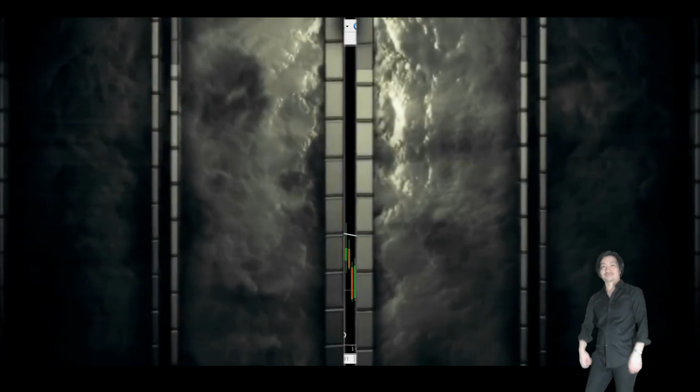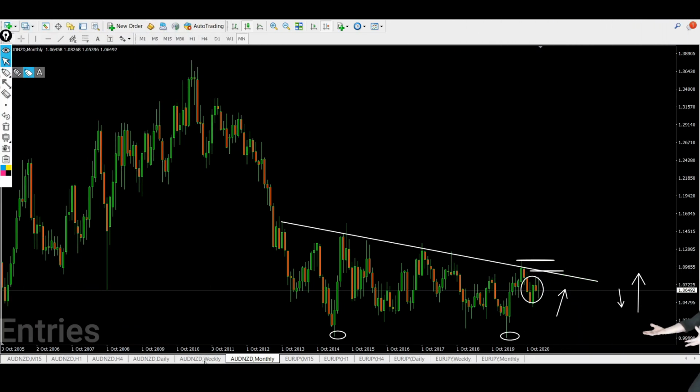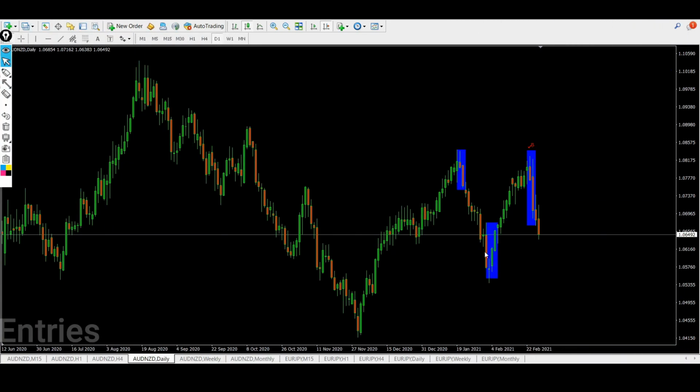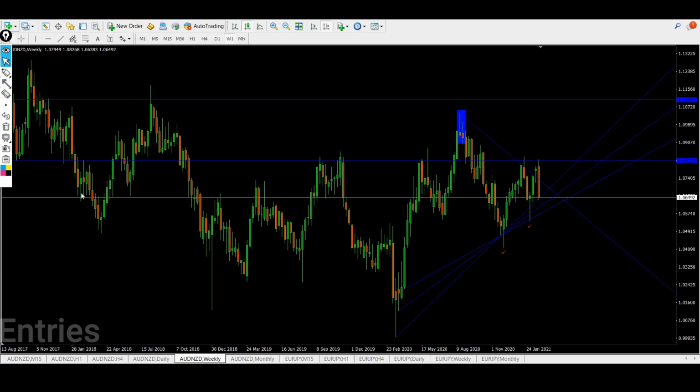Okay, so let's talk entries. Okay, so this is a daily chart. Okay, a couple days ago, there was a short trade that formed right here, but the target has already been hit. As I mentioned before, this overall trend is still long biased, so we're taking very small targets. Okay, so the target it reached, let's go back to the weekly chart,